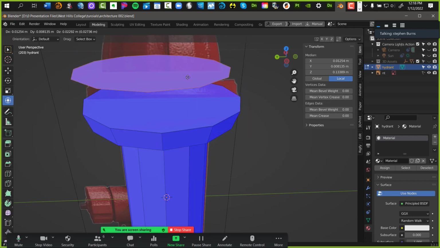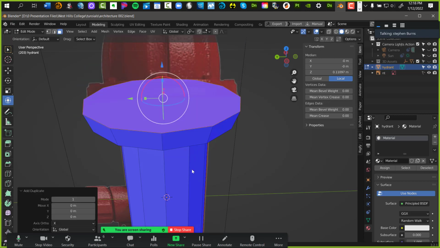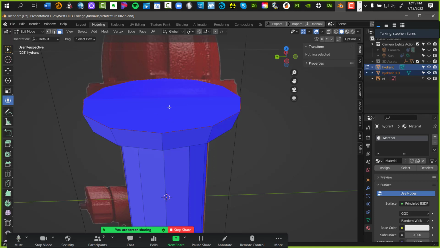I just duplicated it, and I'm going to right click to make it jump back to where it began. It's a separate face, but it's not a separate object. It's still inside the object for the hydrant, right? We're going to make it go outside the object by hitting P for parts on my keyboard. I want you to make the selection into a separate object, click it, and there it is.